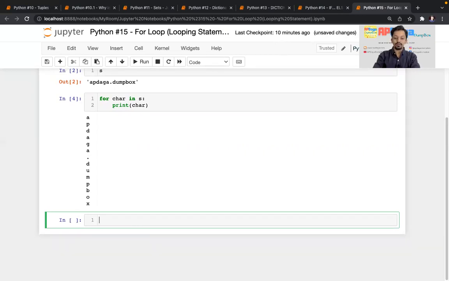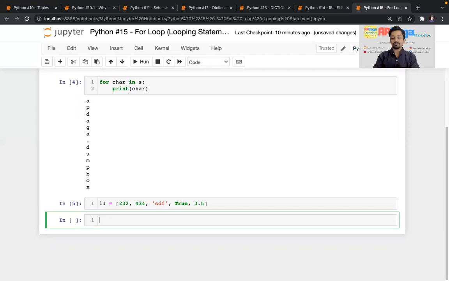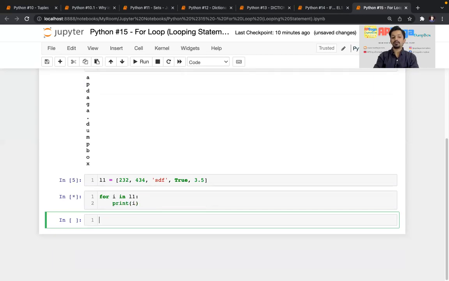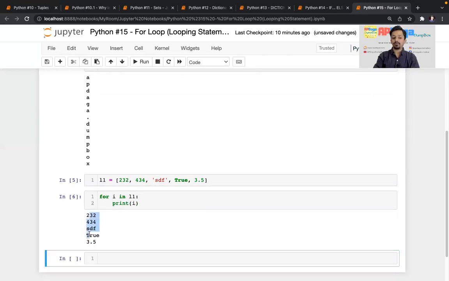I will write L1, that is a list, and I'll give some numbers. So this is a list. Now again I want to print all the elements one by one. So for i in L1, print i. If I do that, all the elements are printed one by one.